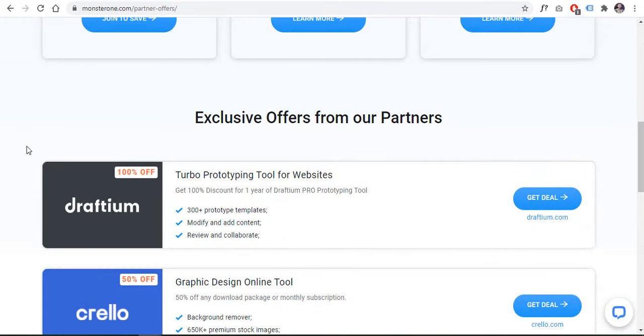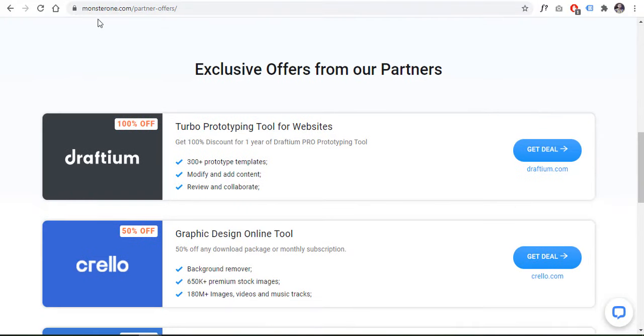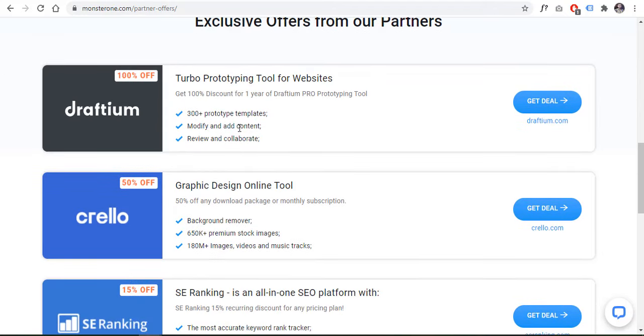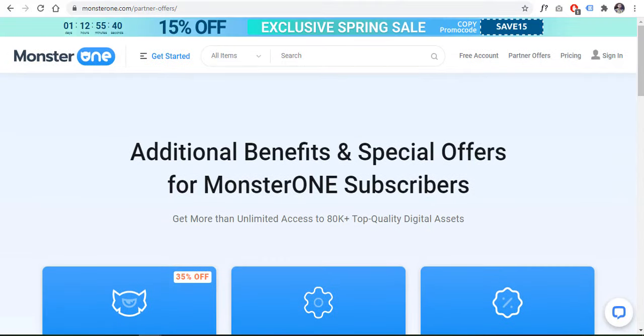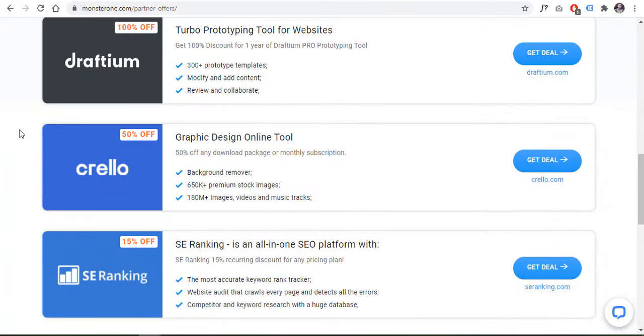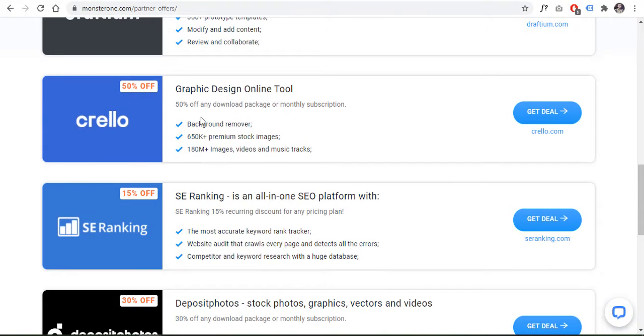The other offers you get are from the partners of Monster One. First is Draftium.com, which is a prototyping tool for websites, and when you subscribe you will get a 100% discount if you are an active member of the Monster One Marketplace. The second one is Crello, where you get 50% off, and it is a graphic design tool.